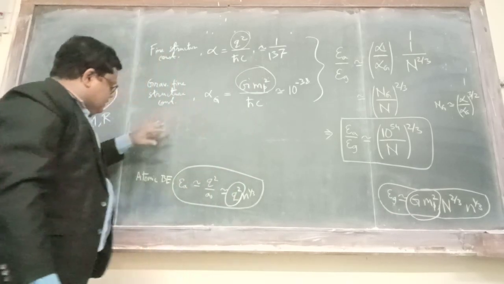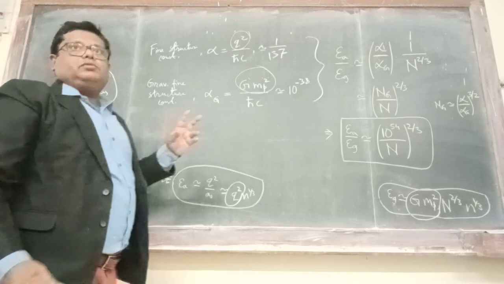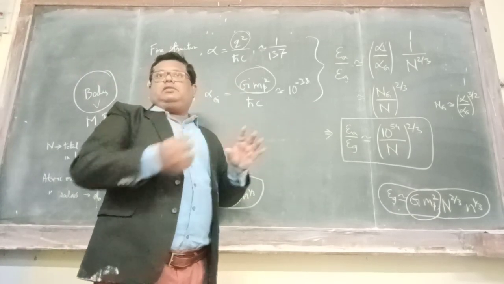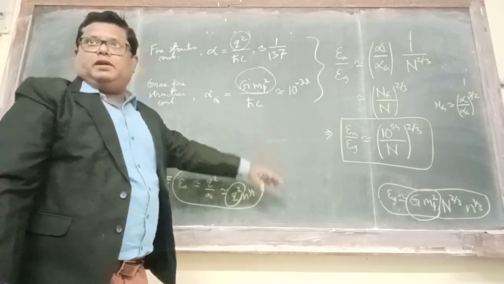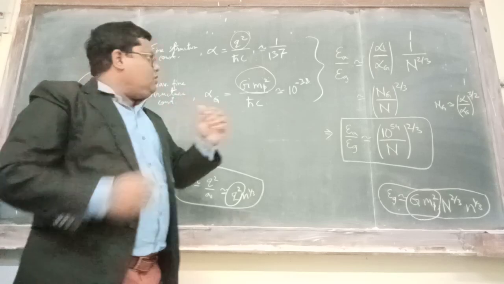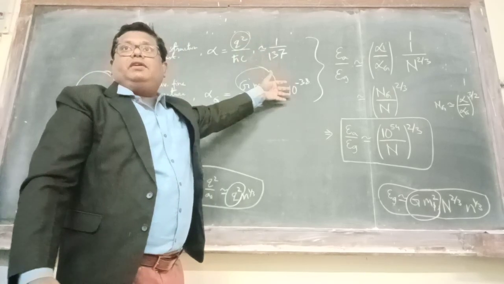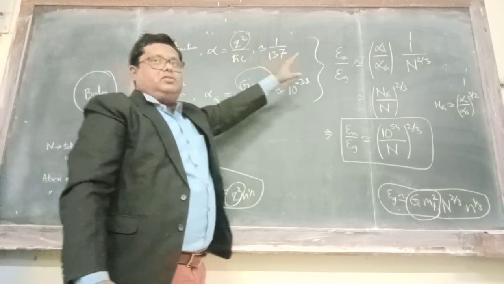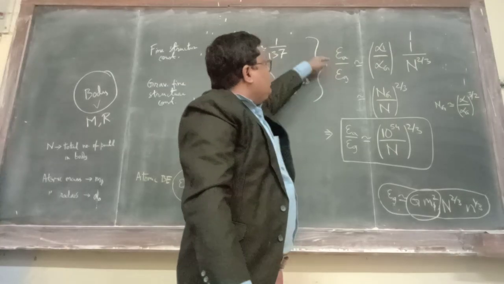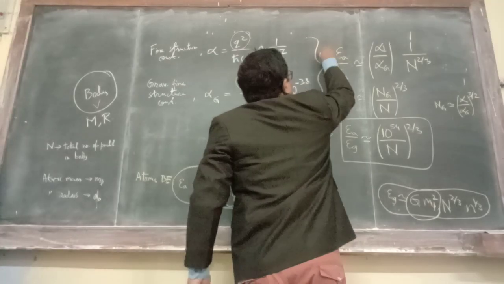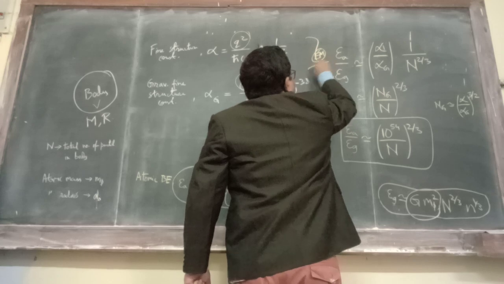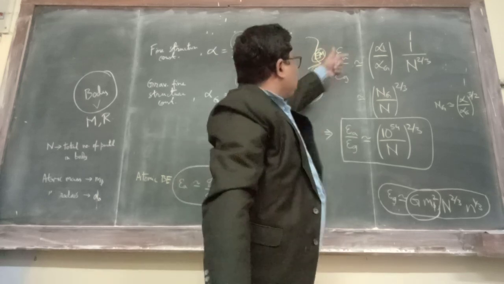So now let us compare. We can do two types of comparison: one is subtraction, the other is division. Here division is much better because subtraction will not be effective, since these two vary by a very large amount. Let's do the division. So epsilon A by epsilon G, that is EM by gravity. Okay. So you see